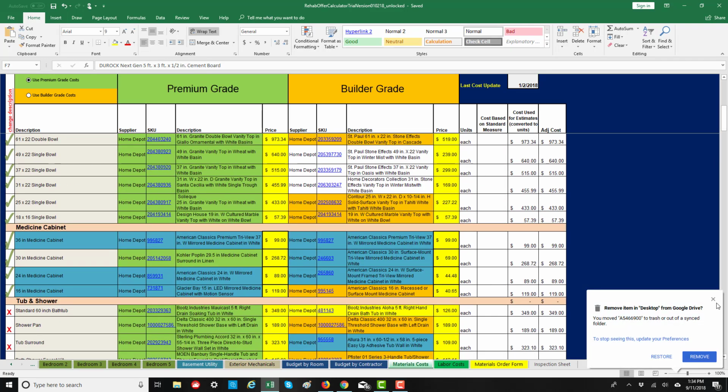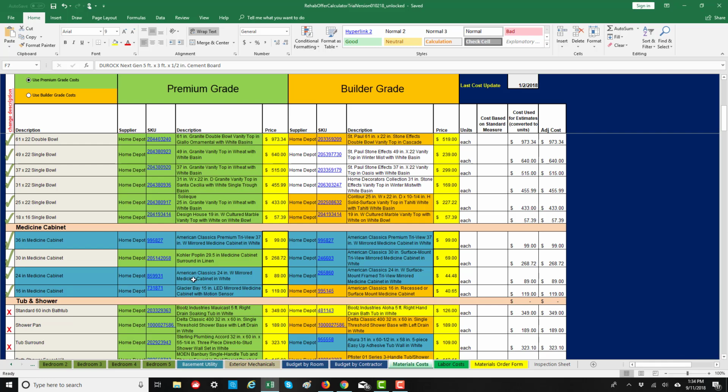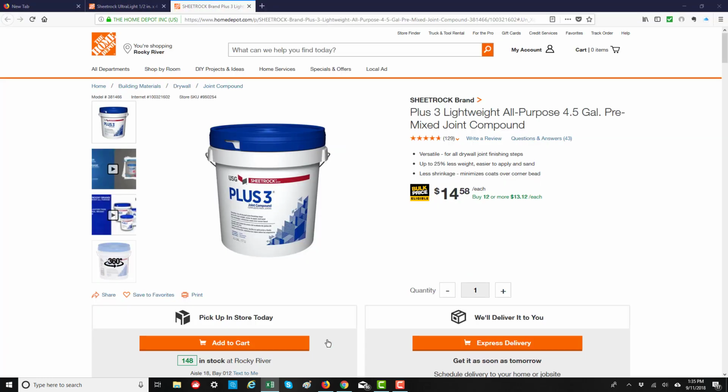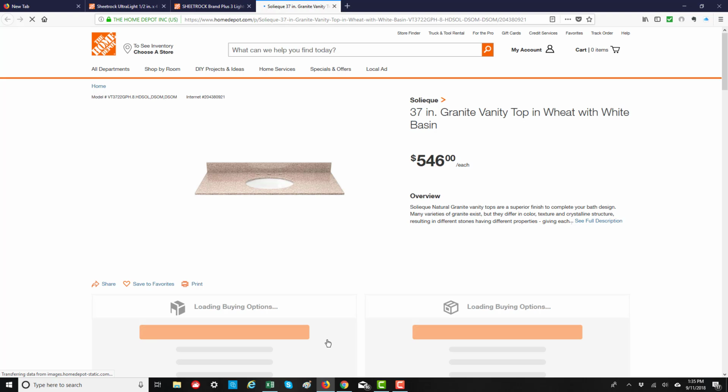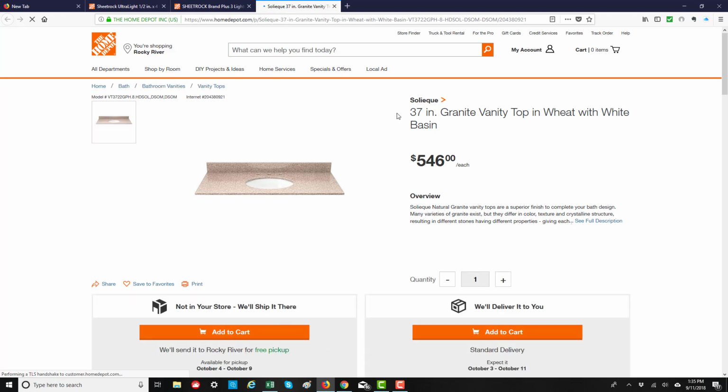A lot of times, these more specific types of products, they change manufacturers or stock, so you might click on a link. Let's see if this one does it. That either shows discontinued. Now, this one actually is still there. But what might happen is you might see one that says discontinued, item no longer carried. If that's the case,